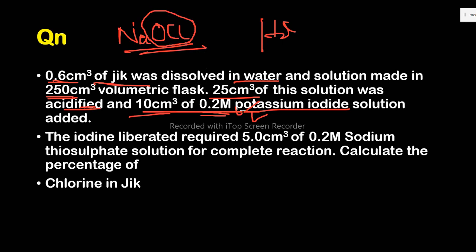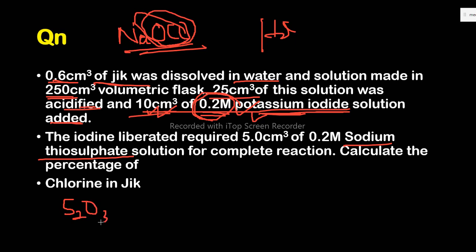Yes, the equation I wrote for you, it is going to oxidize the potassium iodide, okay, to iodine. Now the potassium iodide must be in excess, so that all of this reacts. Okay, so that's why you're using 10 centimeters cubed of 0.2 molar potassium iodide, and it's enough. Then the liberated iodine is going to be titrated with sodium thiosulfate. Maybe I can give you the half equation. It is